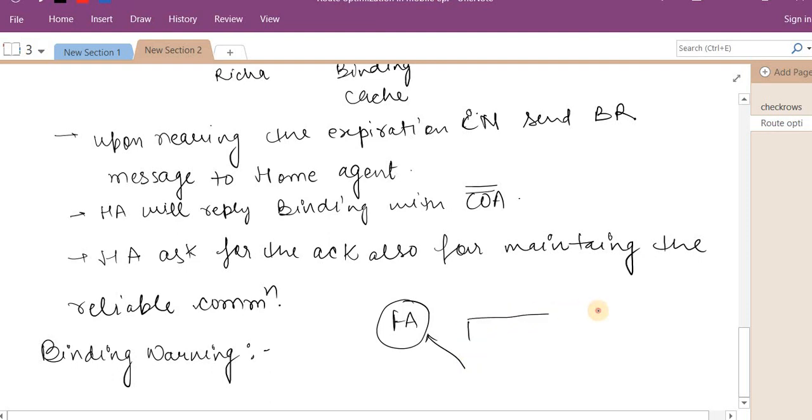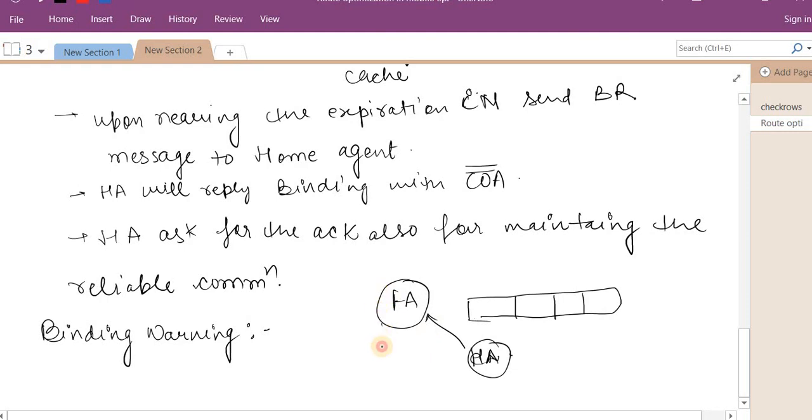Like tunneled message is this one, in which there are 4 addresses, the IP within IP message. If the foreign agent receives this message from the particular home agent, the foreign agent sends a binding warning to the home agent as well as to the correspondent node also.